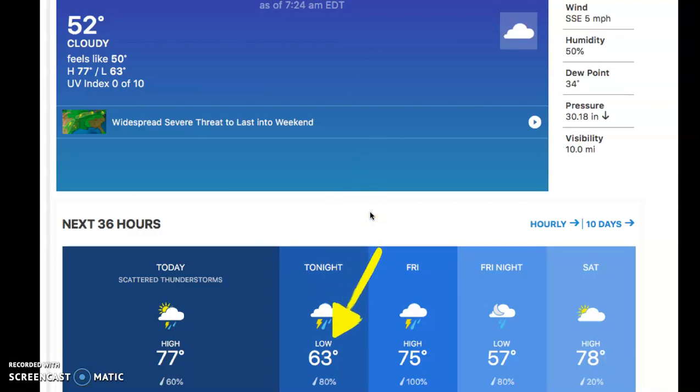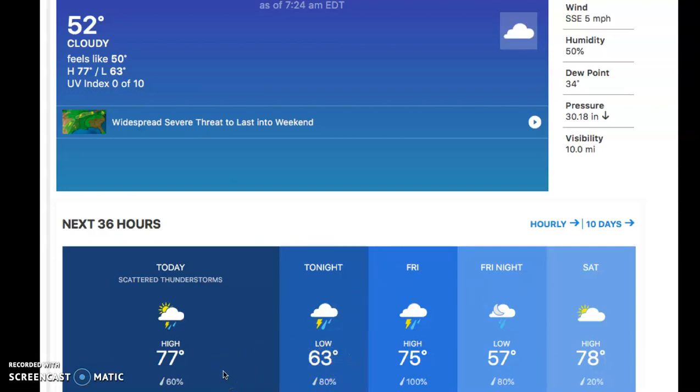Now here, so for tonight, the low is 63 degrees. So the lowest temperature they're telling us in this forecast for tonight will be 63. So they're saying, the people who tell us the weather, that it should not be 62 or 50 or 40. The lowest should be 63 degrees. So if you're trying to decide what clothing should I wear tonight, do I need a coat, do I need a hat, right? This will tell you, right? As long as you remember, what does it feel like for 63 degrees? And what do I like?